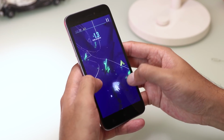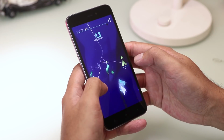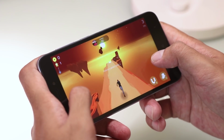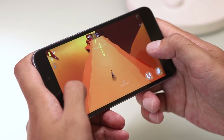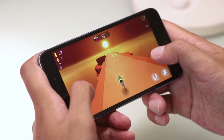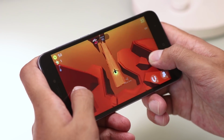Games such as Candy Crush and Zombie Tsunami run smoothly, while moderate games like Rules of Survival, Mobile Legends, and Vainglory suffer from frame drops but are still relatively playable. Heavier games like Tekken, Iron Blade Monster Hunt RPG, and Asphalt 8 Airborne will put the device to its knees. The phone heats up during prolonged gaming sessions, but not to dangerous levels or even to the point of making